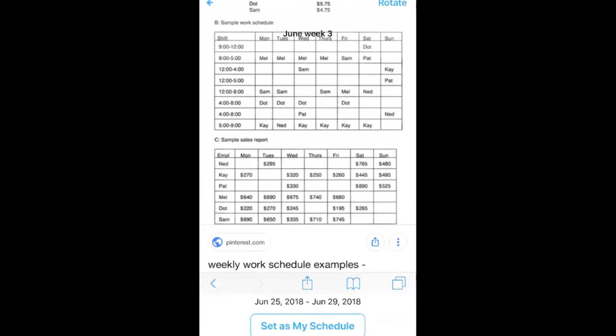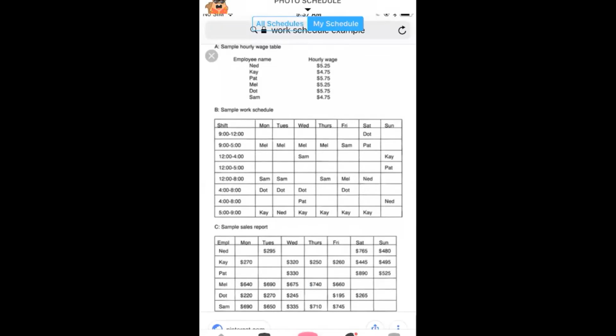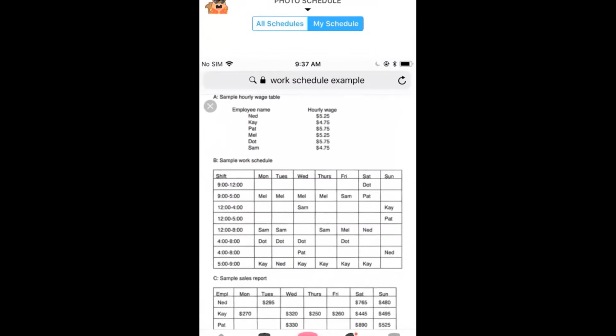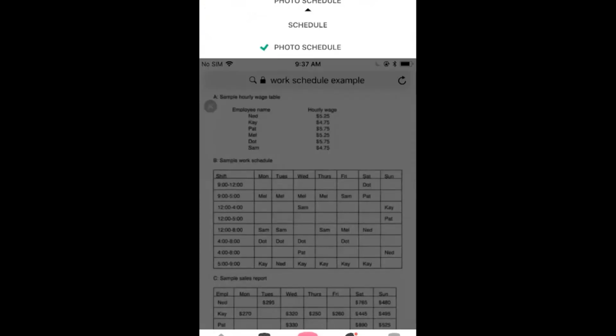We see the dates that have been highlighted for, so that was when I was in the calendar and I selected the beginning date and the end date. So that's what it will cover. If I want to set this saved under my schedules, I'll say set as my schedule. I can zero in here, and now we see it's changed up at the top from all schedules to my schedule. Again, this is an option for admins or even for users who